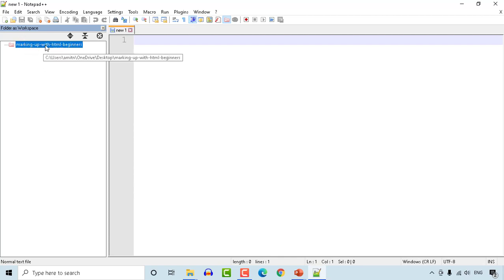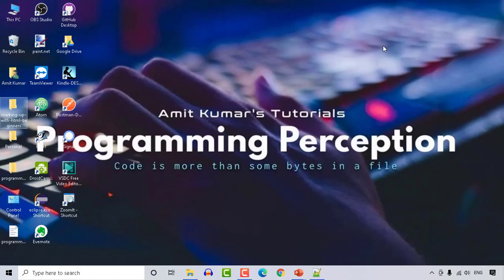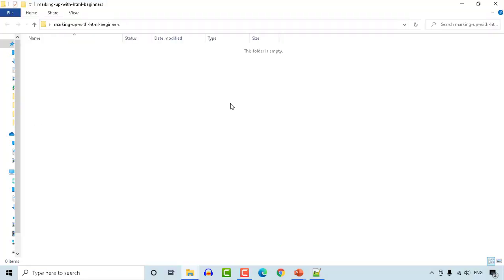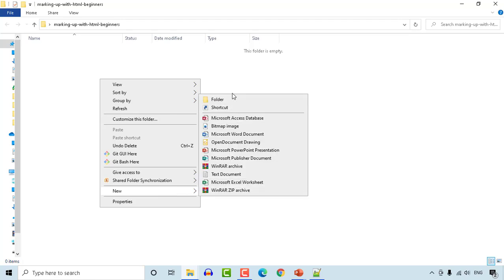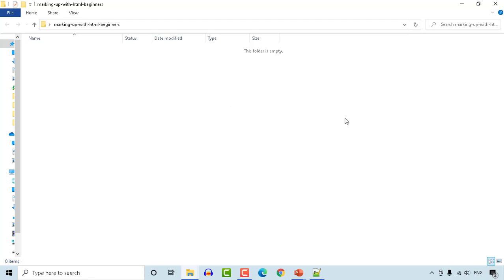Now clearly I'm going to create a new folder inside this folder. So how are you going to do that? The easier way, let me tell you, go to that specific project, that specific workspace, and here you can create a new folder manually. So create this new folder, and let's give it a meaningful name, like the name of the tutorial itself, like tutorial 2. So here it is. Now clearly in this folder, I'm going to save all my files or all my pages that I'm going to create today.